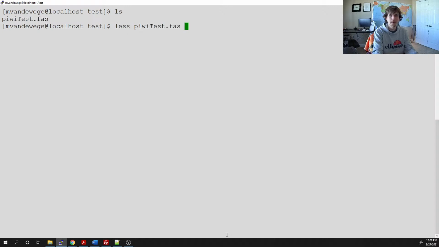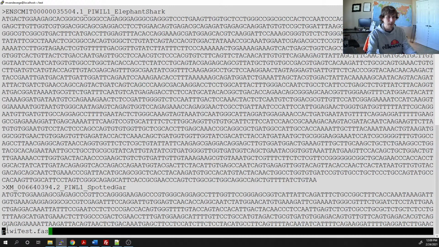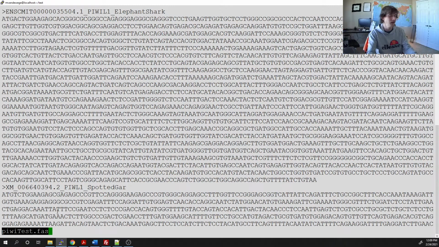So if I less PWE test, now I'm actually in the file. You can see that I'm in the file by having pwe.test at the bottom. It's telling me I'm currently looking at pwetest.fasta. And so instead of printing all this to the screen, I can scroll through here. I can use my up and down arrows to scroll through this file